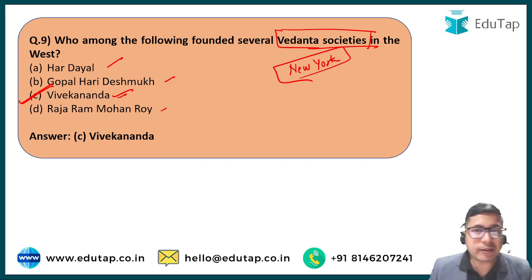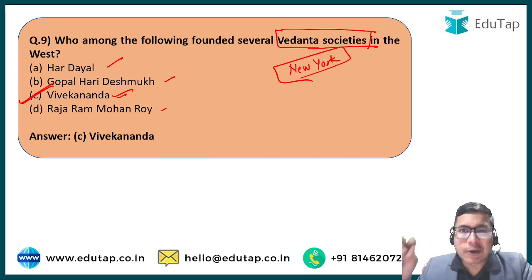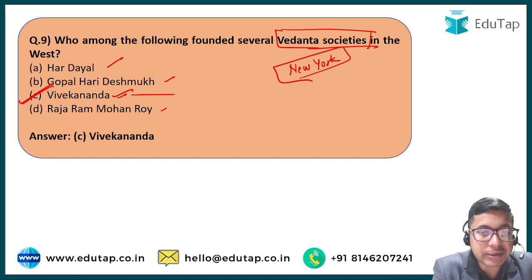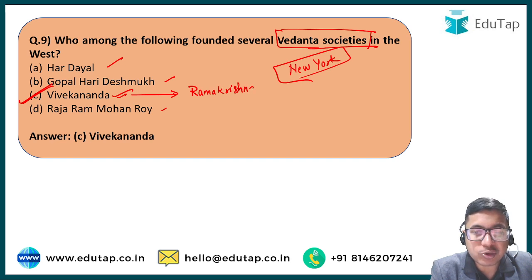Right, Swami Vivekanand is associated with the Vedanta movement. Most of the important developments related to the Vedanta movement in our country or throughout the world have been made by Swami Vivekanand or his mission, that is Ramakrishna Mission. This Ramakrishna Mission is also dedicated solely to the propagation of Vedanta philosophy.